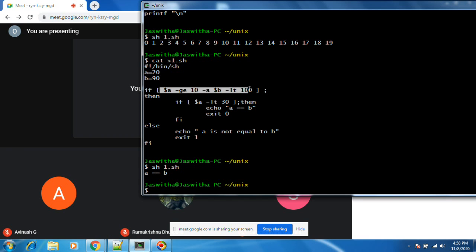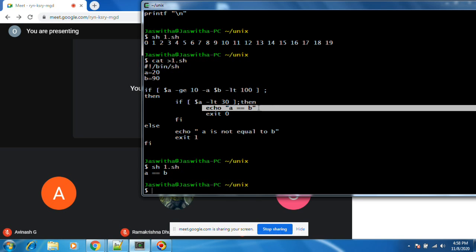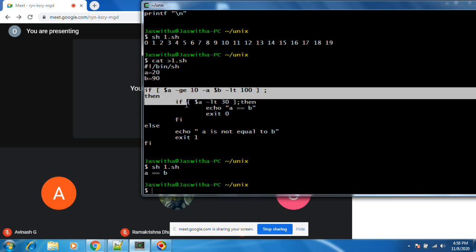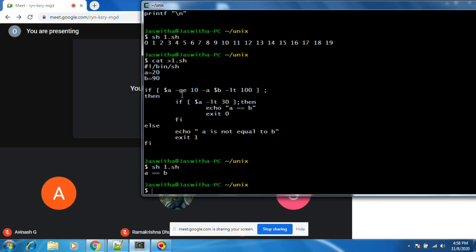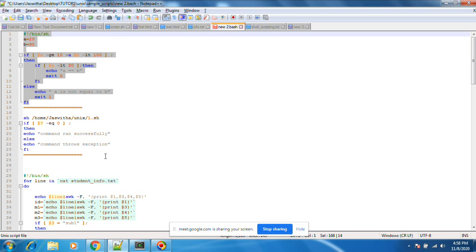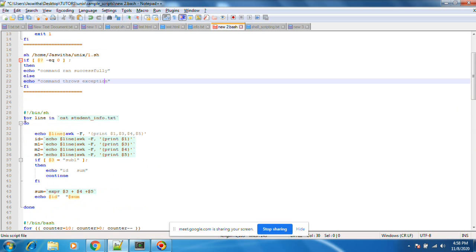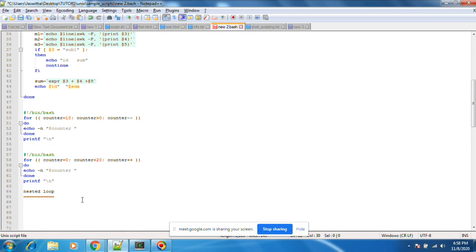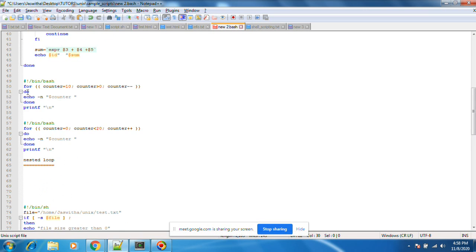This condition as well as this condition. All conditions succeeded. That's why we got A equal to B. Okay, this is called nested if. If you write if inside if, it means nested if. Same kind of thing, if you write for inside for, nested for. Okay, nested loop, that's what nested loop is.